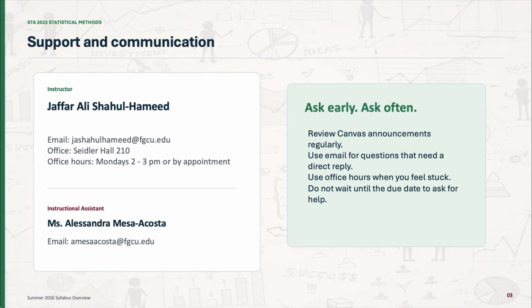We also have tutoring hours. If I'm not available for a quick meeting, we have the IA, and we have free tutoring by the CAA. So you have plenty of help to successfully pass this course. Please feel free to use all your available resources to do well in this course.